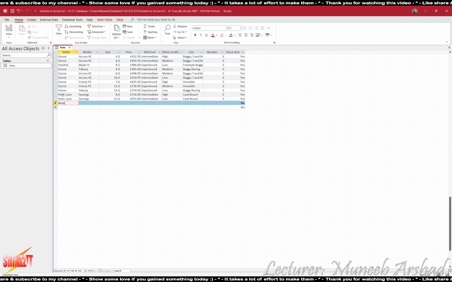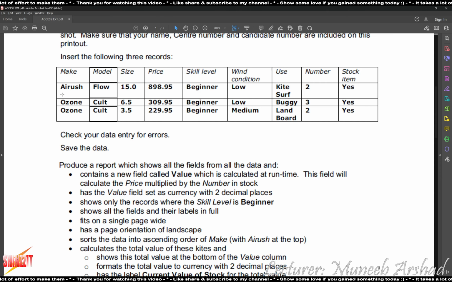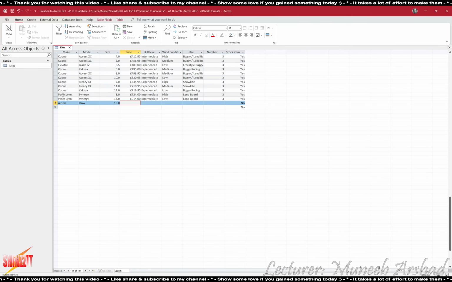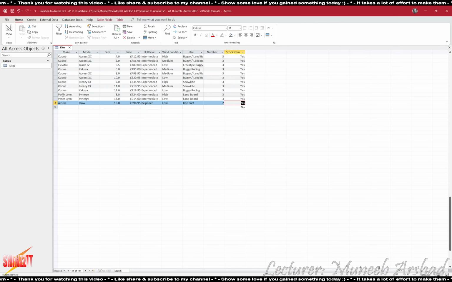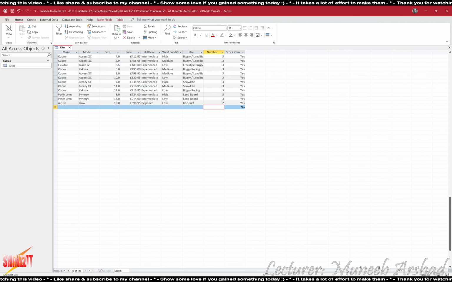So first is Airush. Under make, model is flow, size is 15.0, price is 898.95, skill level is beginner, this is low, kite surf, number is 2, stock item is yes. Adding the second record,